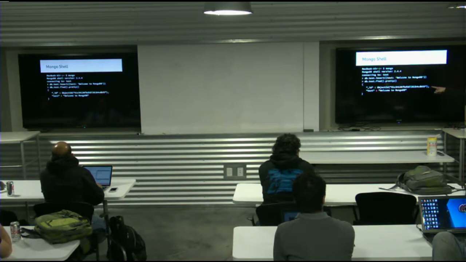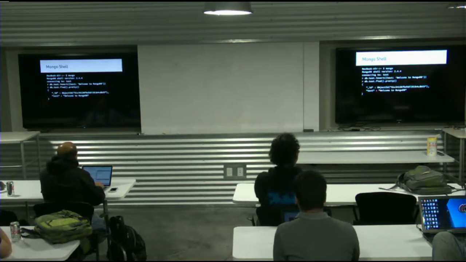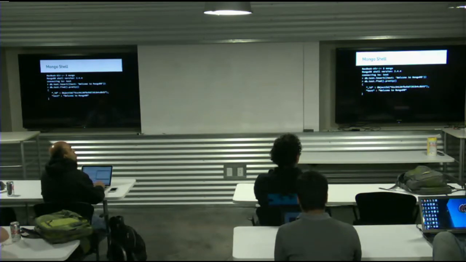The document's pretty simple. It's just a little object. It says text, and I set this to a string value that says welcome to MongoDB. As soon as I insert that, I can query it back out just by doing a basic find with no parameters. So I'll do db.test.find. .pretty is a nice little convenience in the shell. If you don't use .pretty and you have a lot of results, it just streams them all out. But if you use .pretty, it does a nice JSON formatting with some indentation, so it's easy to read.